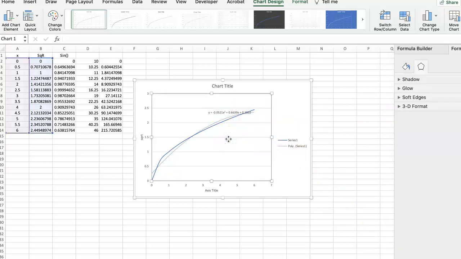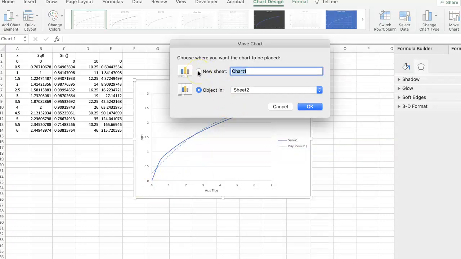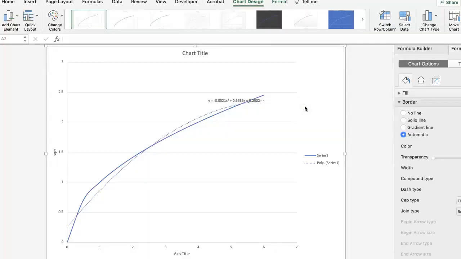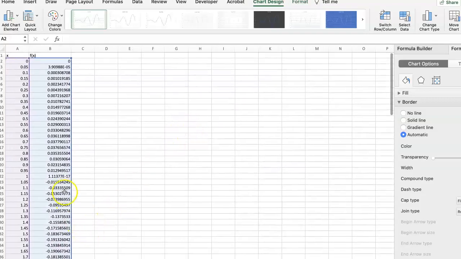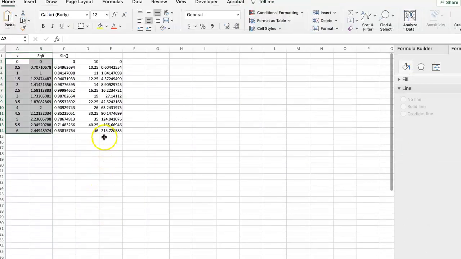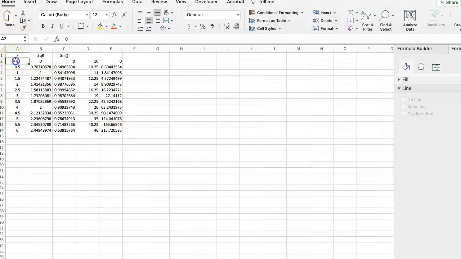Now I want you also to move this to another sheet. Then you're gonna say new sheet, and it is gonna be moved to another sheet. I don't want to see these two lines here, but for mine, I'm assuming something different, this is from scratch, but in your case it will not show that. If you were asked to show